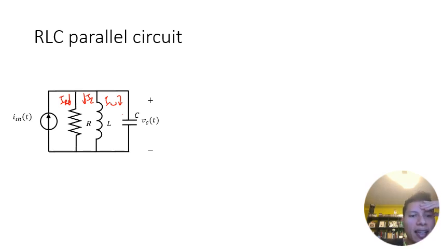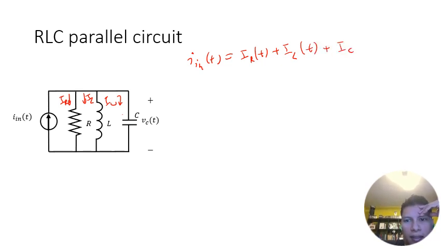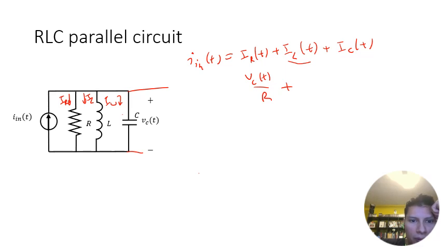And then finally, we have that I_n(t) is equal to I_R(t) plus I_L(t) plus I_C(t). And let's just solve for the capacitor voltage since that's what's common to all of them. So we're going to have here that this is just V_C(t) over R. And then I_L is actually equal to,